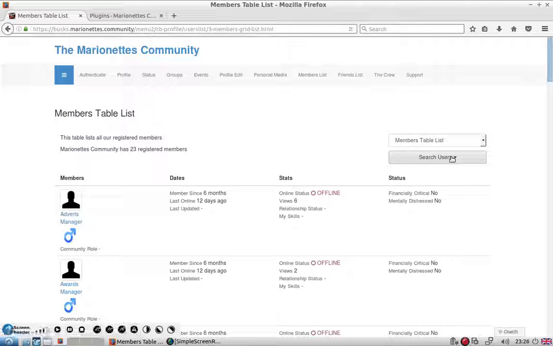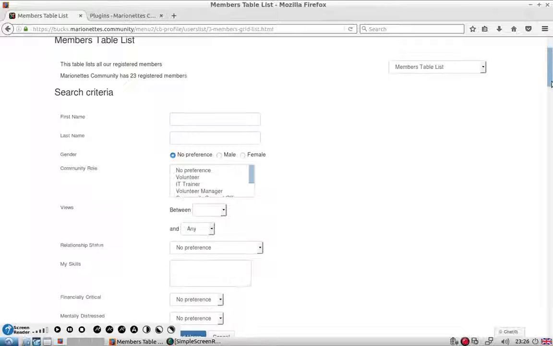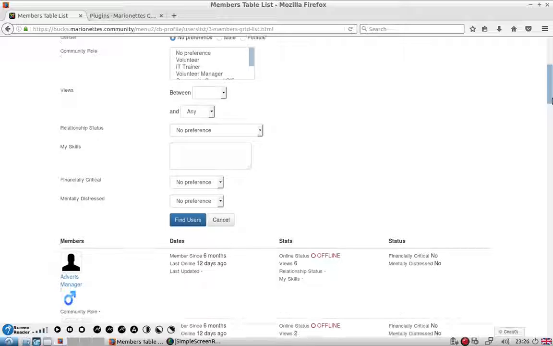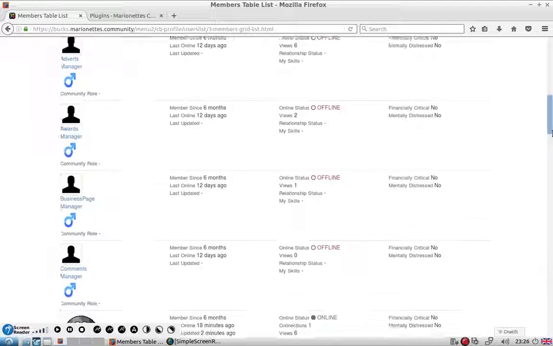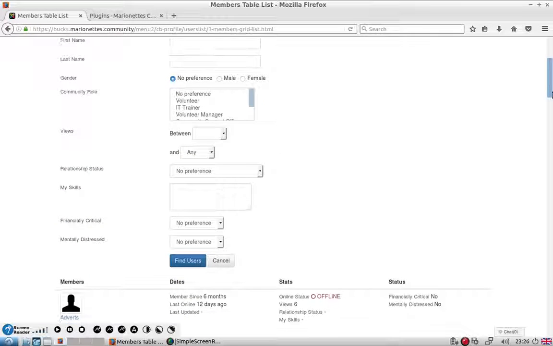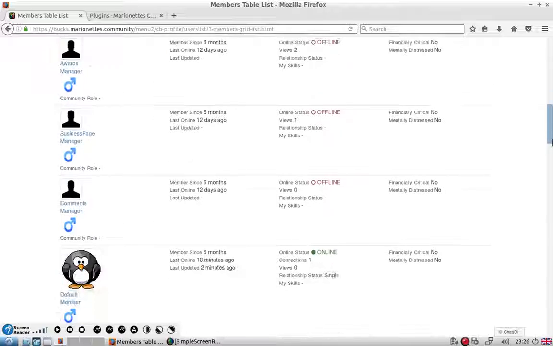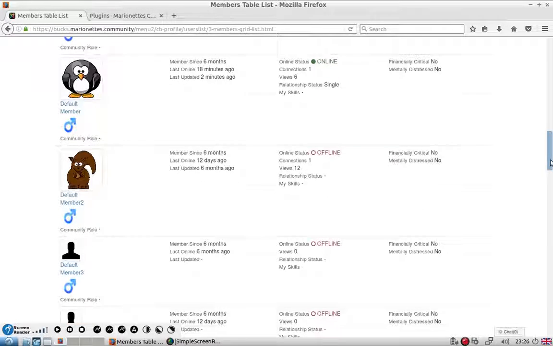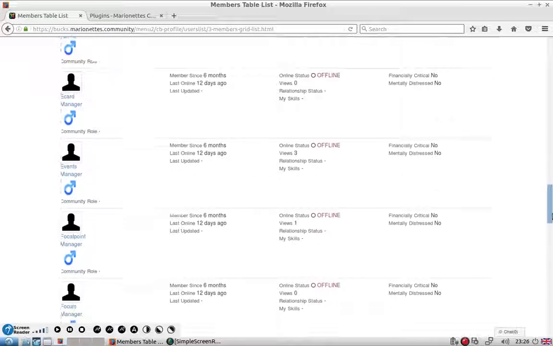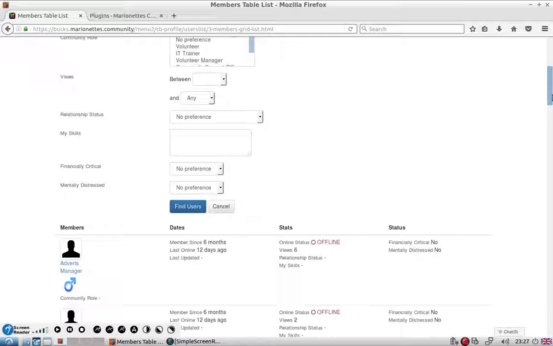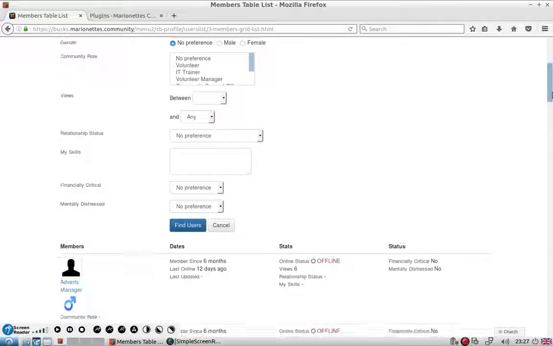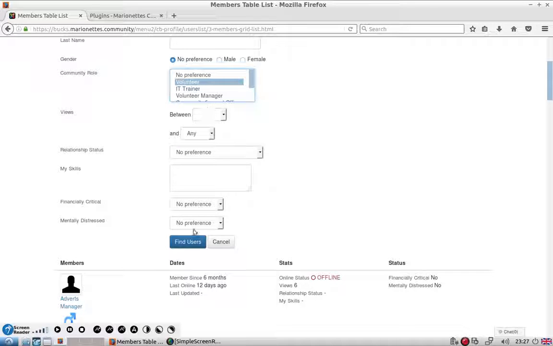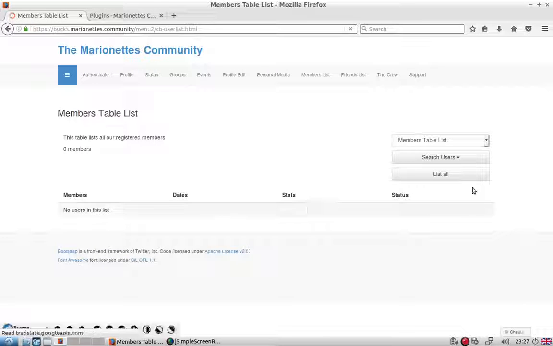So then you can search users, for example. If you just click search users, it gives you some search criteria to look for. So I'm not sure what we could search on here, for example. Try and see something. So this guy is marked as single. I haven't actually set up many of the fields to actually search on. But you can imagine when these fields are populated, then there's a lot more stuff that you can do. Don't know if anyone's marked as a volunteer. I think this returns your own self as well. So if you've marked yourself as a volunteer, I think it will. No,